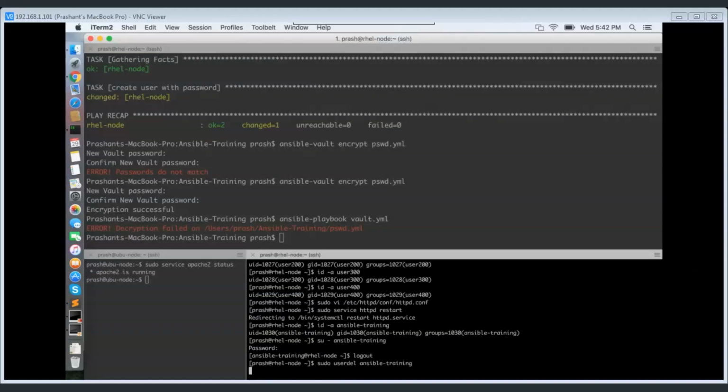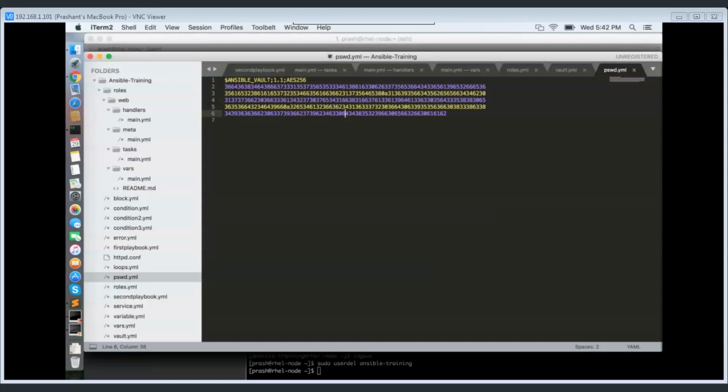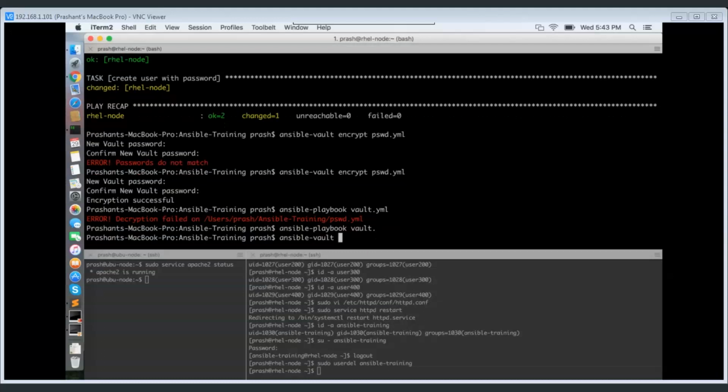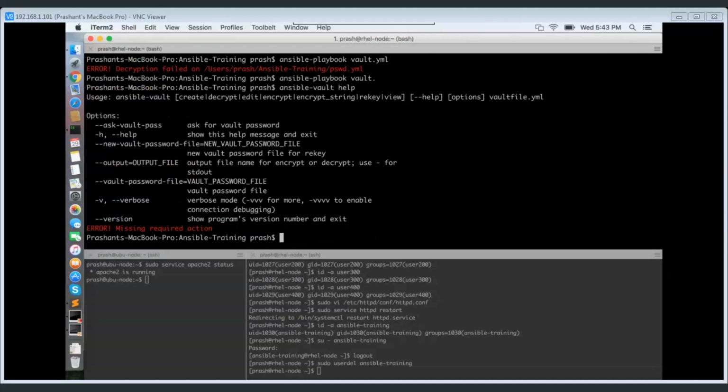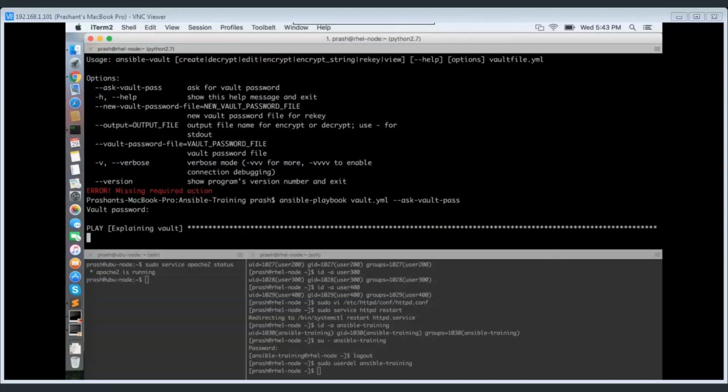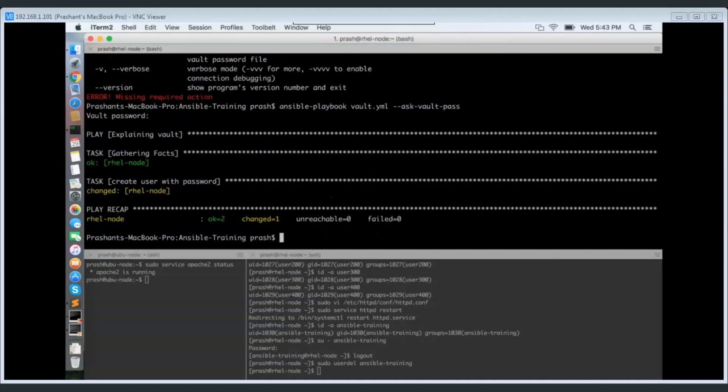Okay. Now there are two ways to provide that password. First, ansible-vault help, I forgot. Ask vault pass. So I can execute this and mention here ask-vault-pass. If I do this, it will ask me the password before executing this playbook. Now if I give the password which I had given to encrypt that file, it will execute. But still, anybody will see that my file is encrypted and might be curious to know what the password is. So to avoid that, I can use